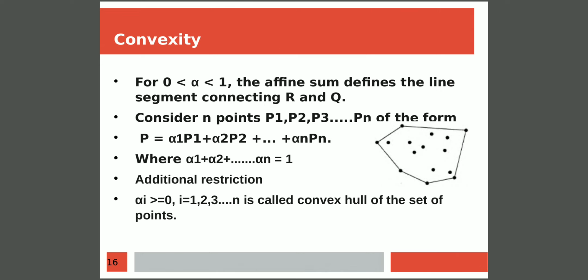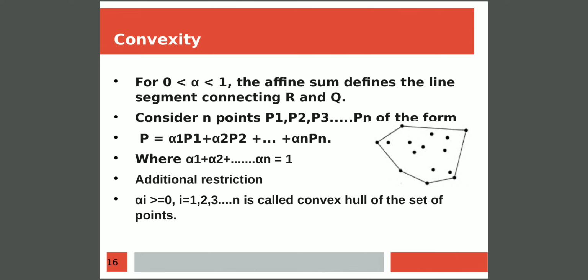Up to pn, you can consider any one point as a starting point or the initial point, where the alpha value at that point will be 0. Then if you increase the alpha value to some other positive value, you get a new point. We'll call that p2. Again, if you increase the alpha value to some other value, you get a new point, known as p3, and so on for n more points.